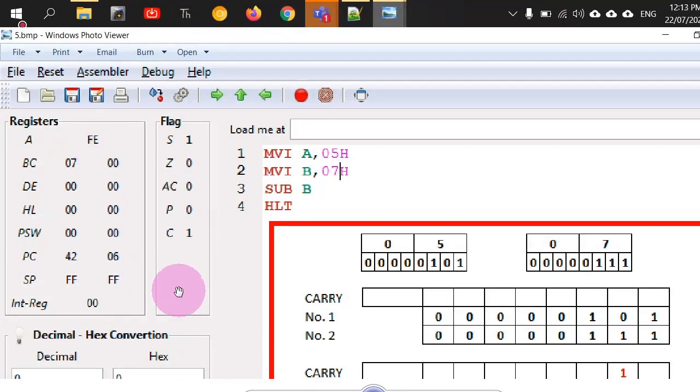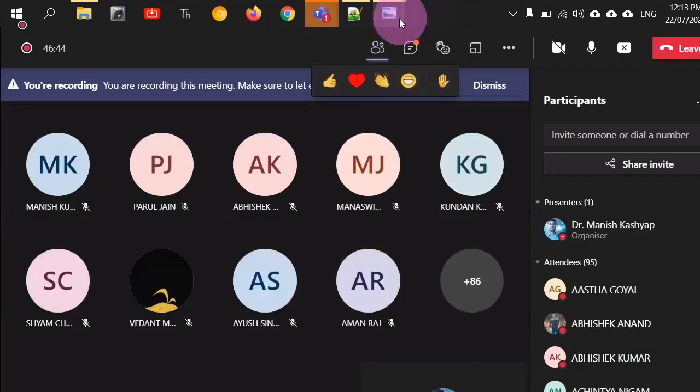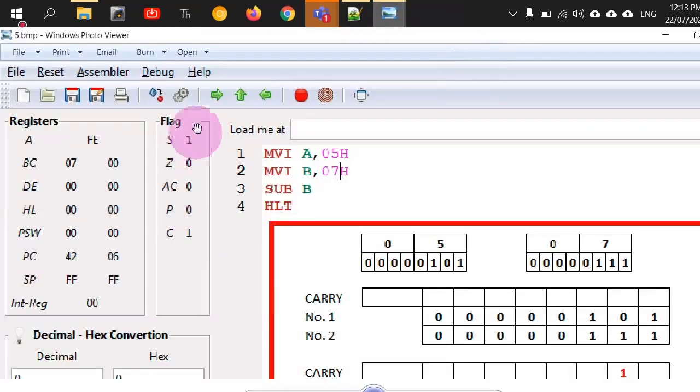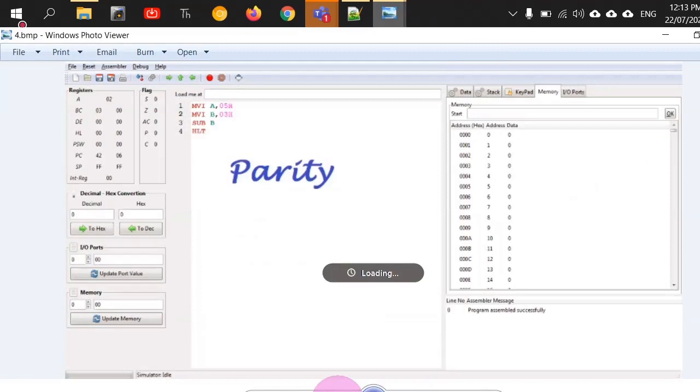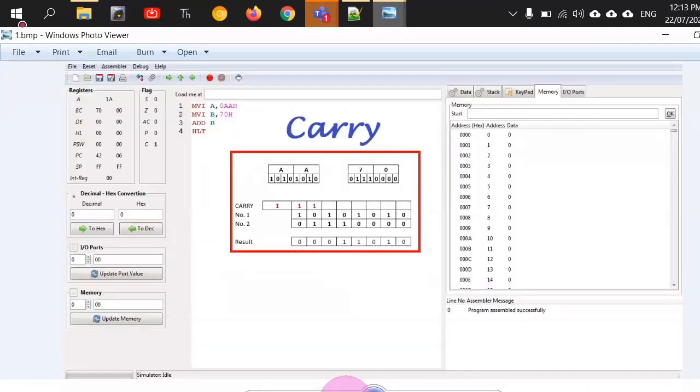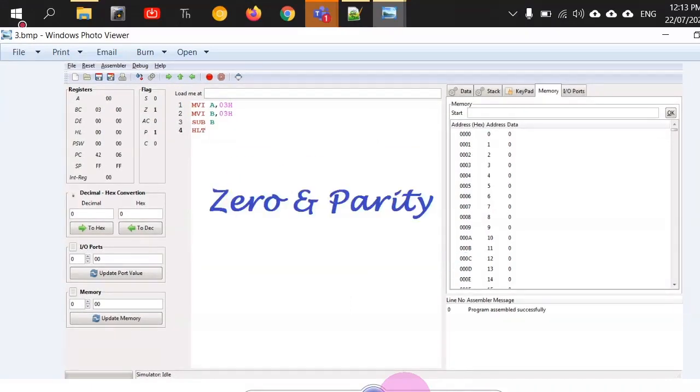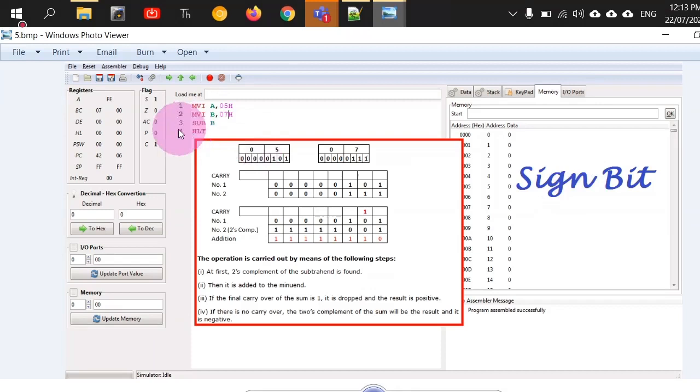So for a naive viewer or a layman, if the carry flag is set, he will say that it is carry. It's not carry. There is an interpretation which is beyond the name of this flag, right? This is a very important concept, and there will definitely be questions from it in your examination. So keep this concept in mind. This is for the sign bit, right? And so we have completed all the flag registers available in our 8085 system: carry flag, auxiliary carry, zero, and parity. All of them were simple, except for this sign and carry combination when the subtracted number is more than the actual number.